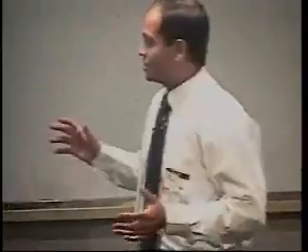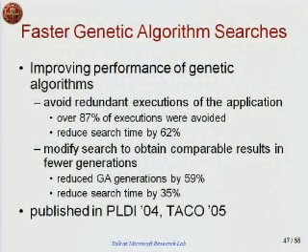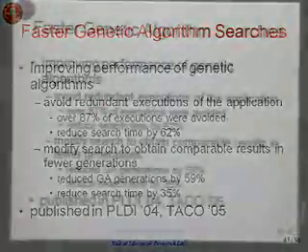As part of this work, I also implemented a genetic algorithm to find a good phase ordering for each function. Here we were not trying to find the best phase ordering, but only using genetic algorithms to find a good phase ordering. During my implementation of genetic algorithms and during the study, I realized that there was actually a lot of redundancy in the space. And then in my next work, I tried to exploit that redundancy.